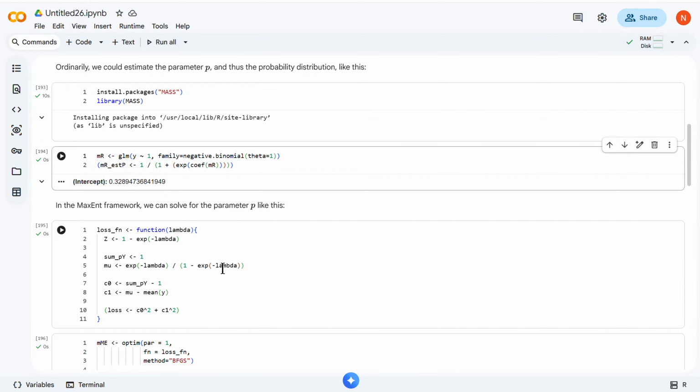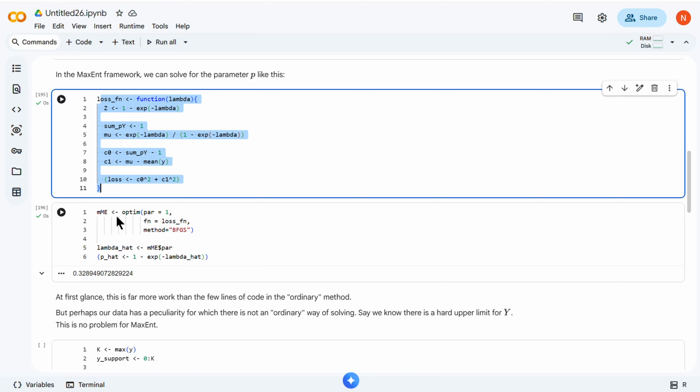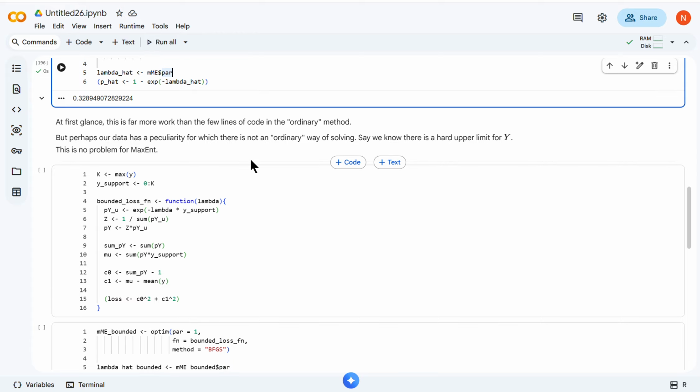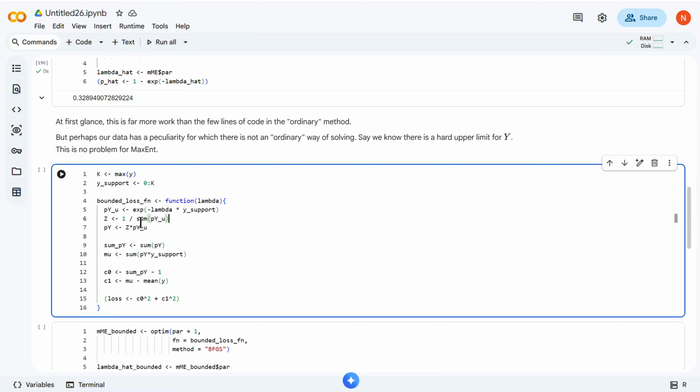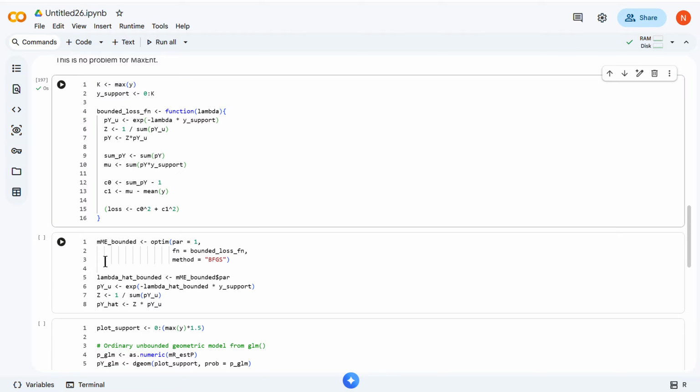And it's in situations like this that MaxEnt shines, because with this same amount of work, or maybe a little bit more, MaxEnt can handle these weird restrictions on our data that cannot otherwise be handled by the stock functions of your statistical software. And so the way that we'll do that is with this code block. Again, I'm not going to go through the code. There will be time to do that as we go forward. But I'm just going to run it,